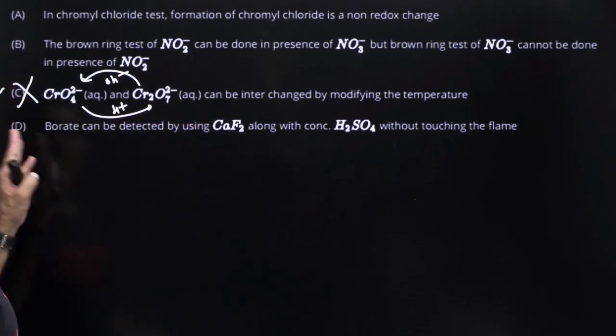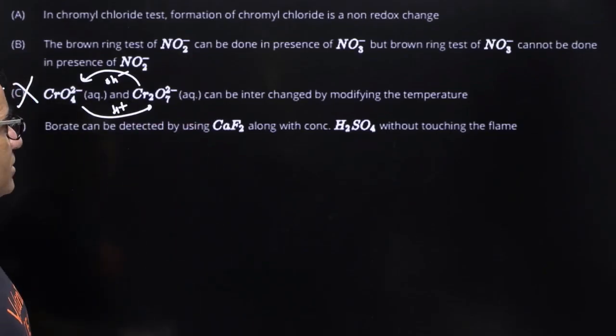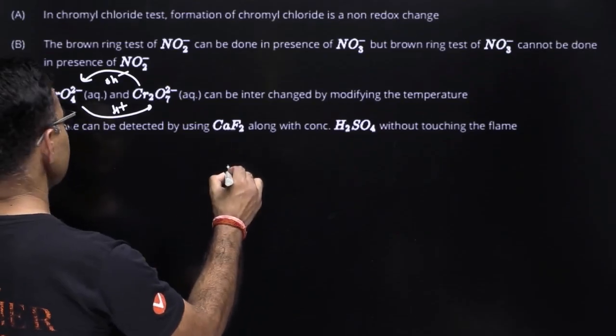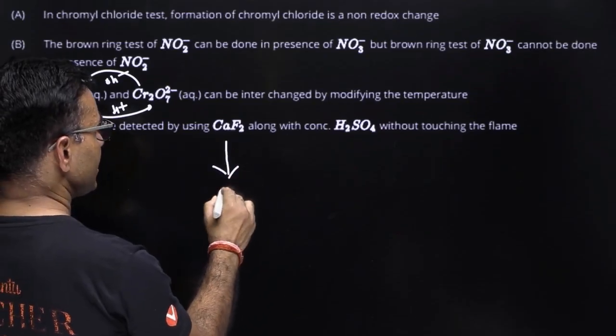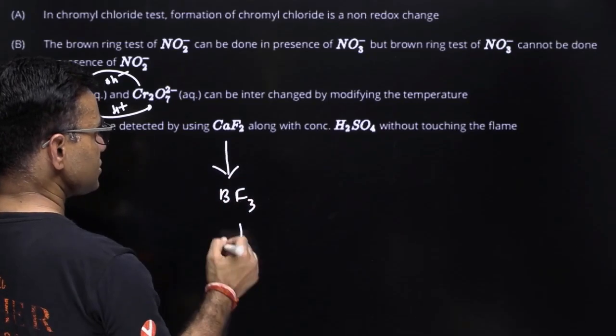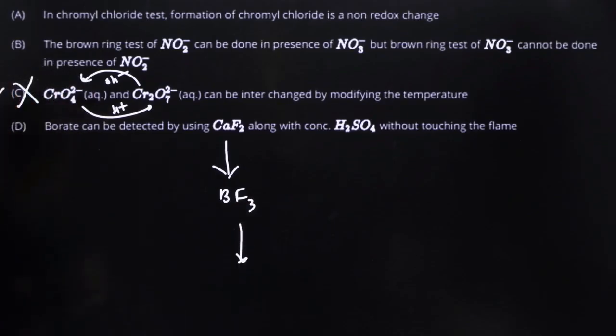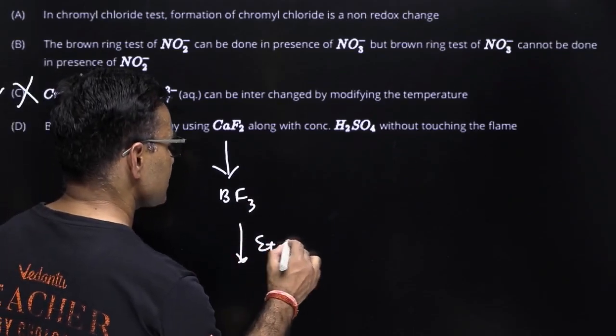ऑप्शन डी की बात करें तो बोरेट कैन बी डिटेक्टेड बाय यूजिंग CaF2 along with H2SO4 विदाउट टचिंग द फ्लेम। यस, CaF2 की प्रेजेंस में जब आप बोरेट को लेके जाते हो तो ये BF3 में कन्वर्ट हो जाता है, और इसको आप एक्चुअली एथेनॉल से रिएक्शन कराओगे तो ट्राई इथाइल बोरेट बनेगा जो ग्रीन एज फ्लेम से जलता है।